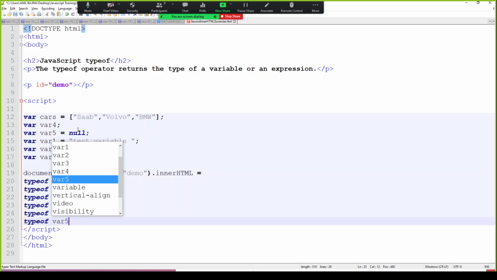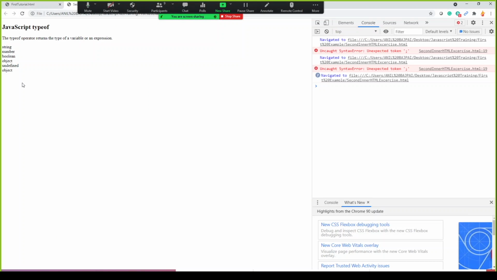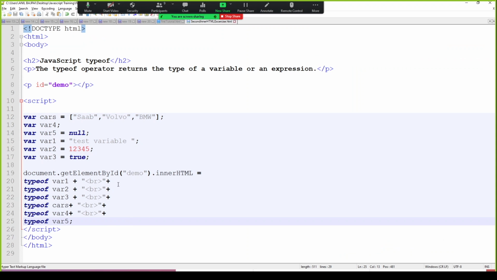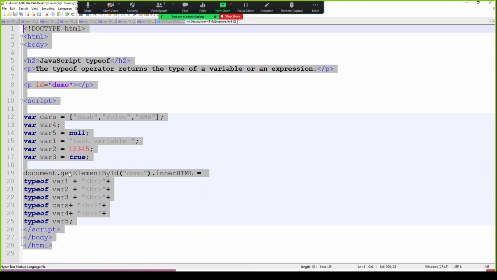If we say var 5 and then a semicolon, let's see what type it says. This is object because it is not primitive. Anything which is not primitive will come as object or undefined. I will not give this as an exercise because it is pretty straightforward. I'm assuming this must be clear, and it is not very frequently used, so that's completely fine. Now first let's understand how to define the function, and then